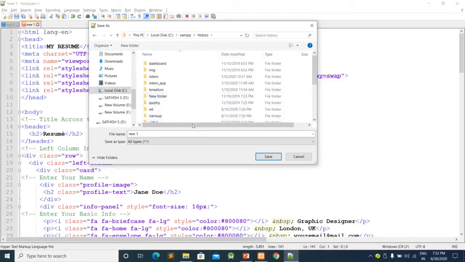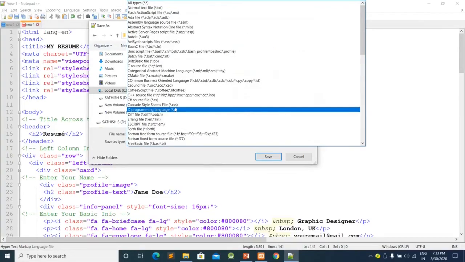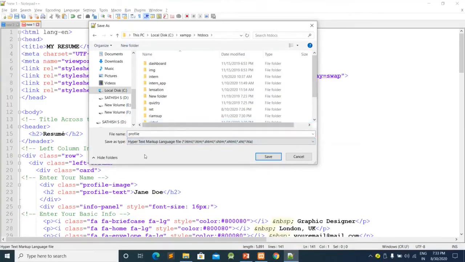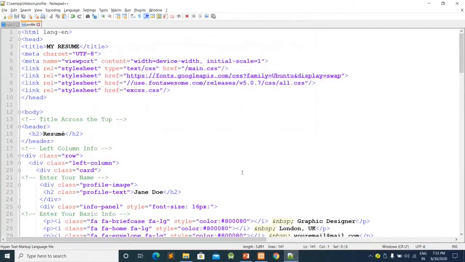So within the htdocs directory I have to save my file with a name and extension. So let me give the name of the web page as profile, and the extension as HTML. So now it's time to save the file. This is a very simple step and the file has been saved.